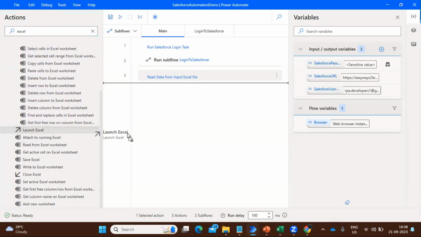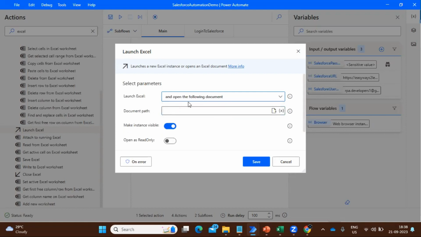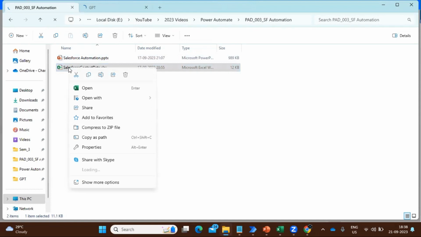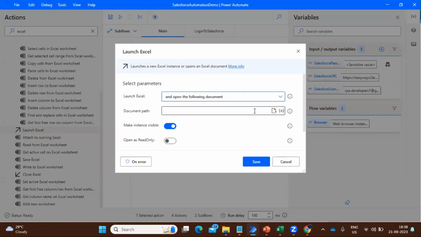For our case, I want to read the data from Excel. So in order to do that, first I have to use this launch Excel because I want to open this Excel. So let's select this, open the following document. So let's get the path of the Excel file. All right, so now we have the options